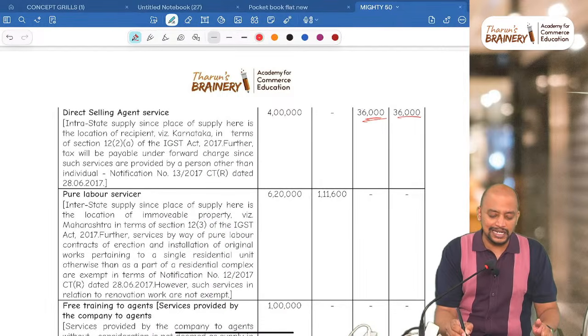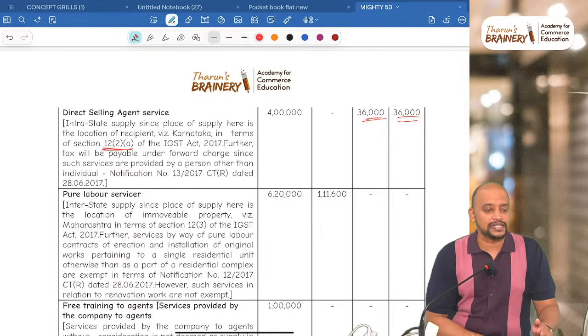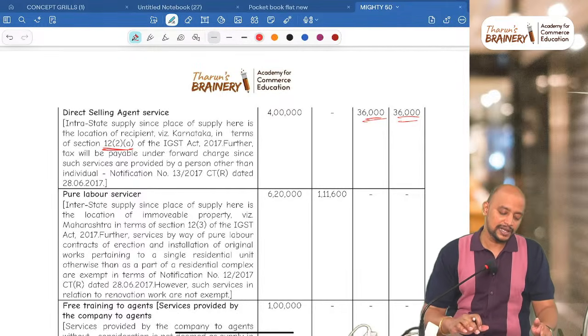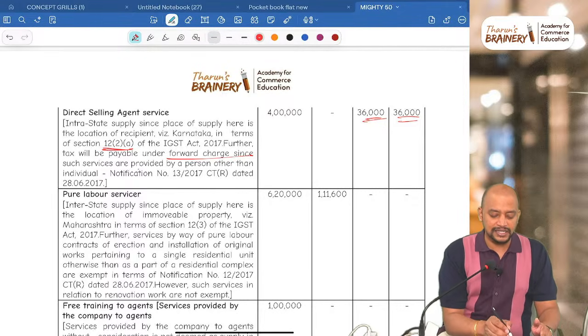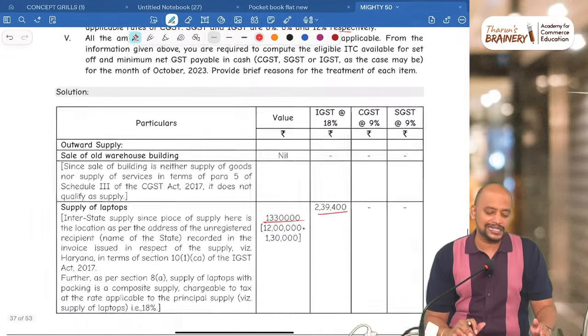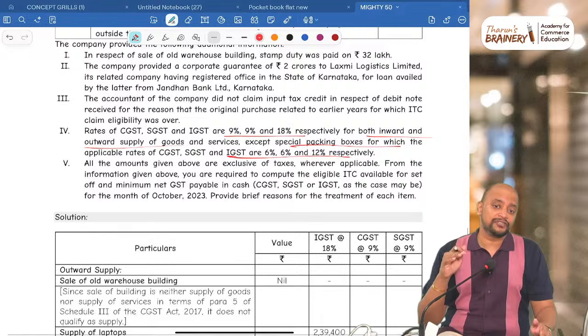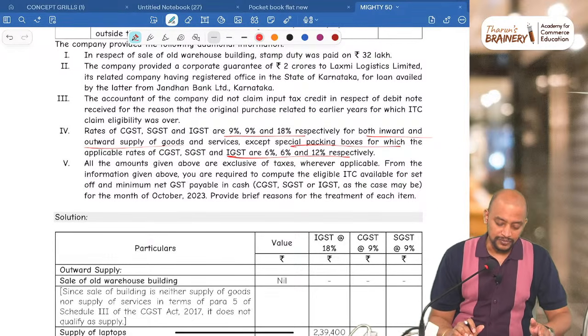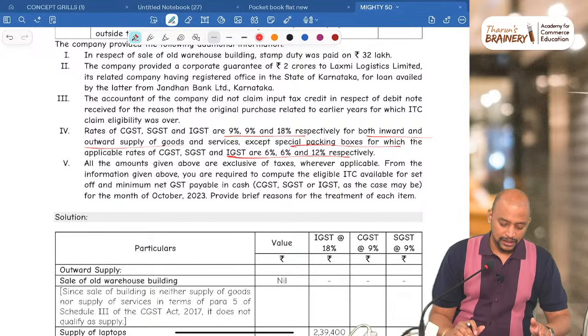So see the answer, 4 lakhs. CGST, SGST, clear? And we will take general provisions, 12 subsection 2 of IGST Act, and it is covered under FCM since the service is provided by a person other than individual. So if the supplier is other than body corporate or firm, then only it is RCM. Next one,